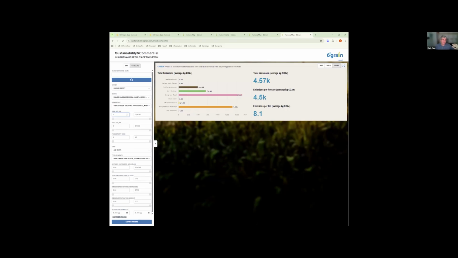This was one of the projects we did with one client, where we can see how much total emissions, emissions per hectare or emissions per ton of produce have been created depending on the data input. That was a combination of on-the-ground data and remote sensing data. Which brings me to the end, and then I can get over into Q&A.